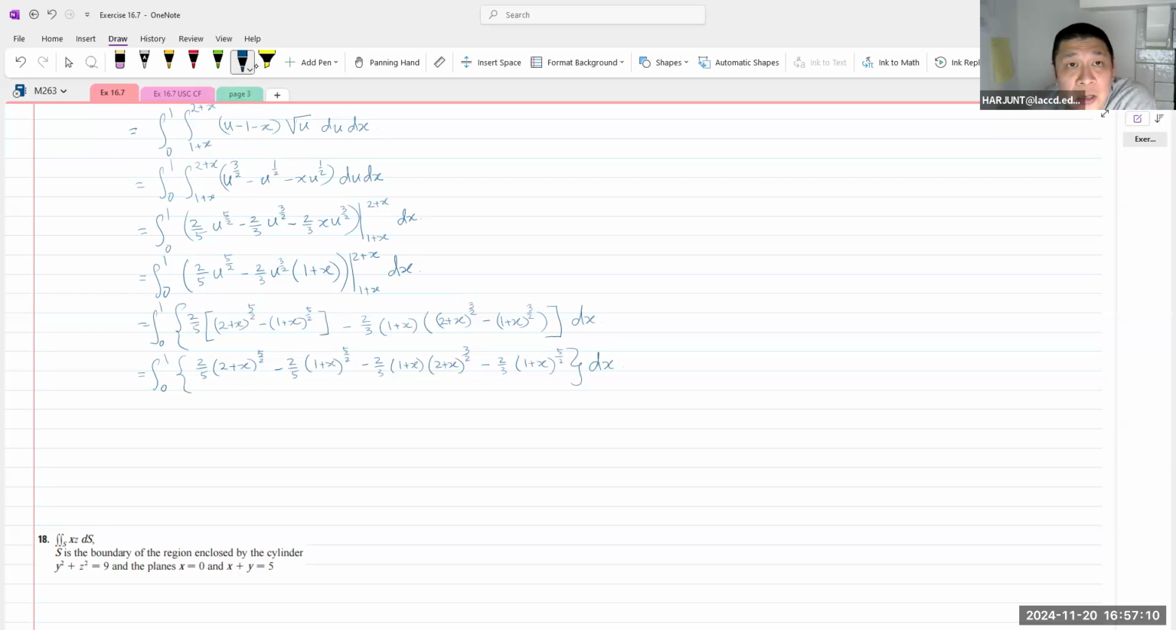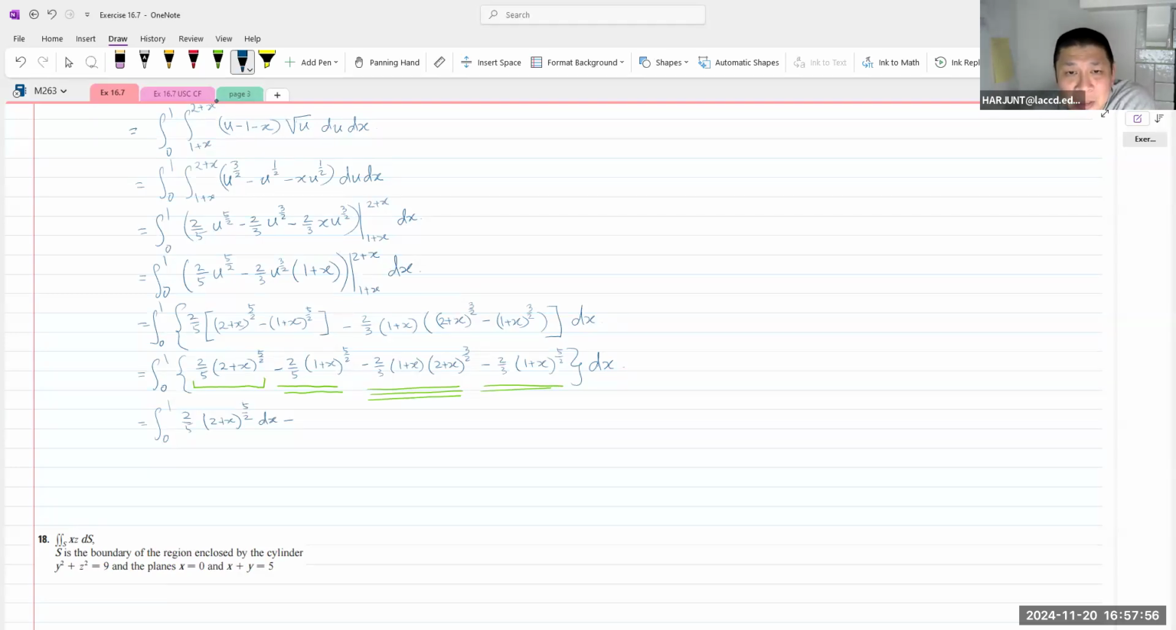dx. Okay, now that way I can see the common factor. This guy is by itself. These guys here I can combine with this, and this guy is by itself. So let me break it up. So this is 2/5, 2 plus x to the power of 5 halves dx, and then minus